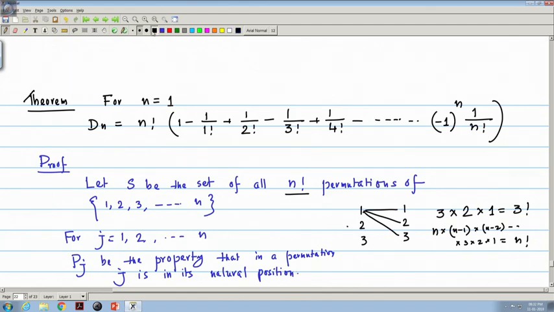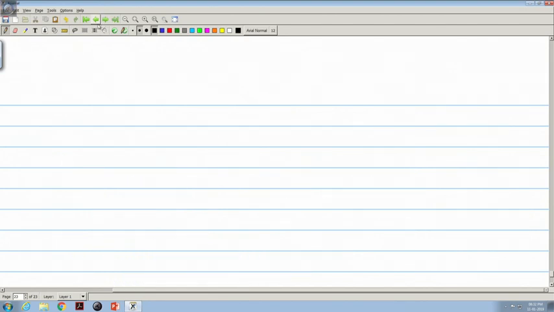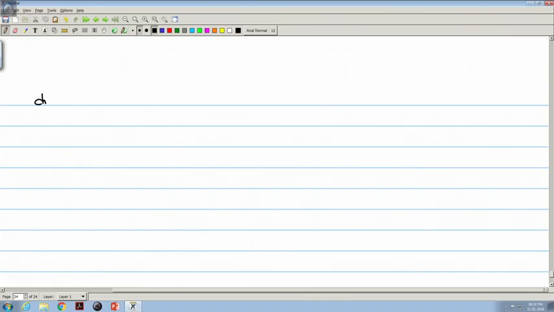But note that the property Pj I have taken for all j equal to 1 to n, that means P1, P2, P3, is a permutation where j will be in its natural position. Okay. If we remember the definition of derangement,